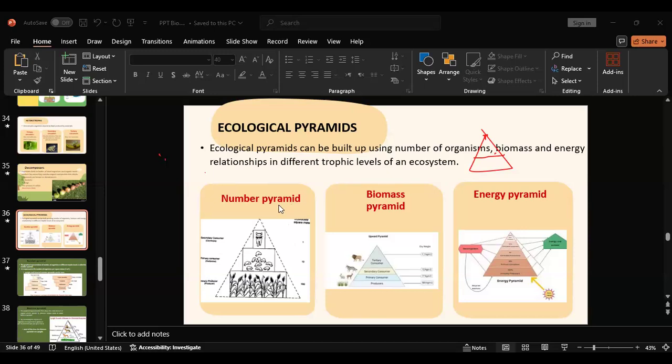Here there are the number pyramid, the biomass pyramid, and the energy pyramid. Simply, I can say it in one word. Less amount of time is there. Okay, in the number pyramid,